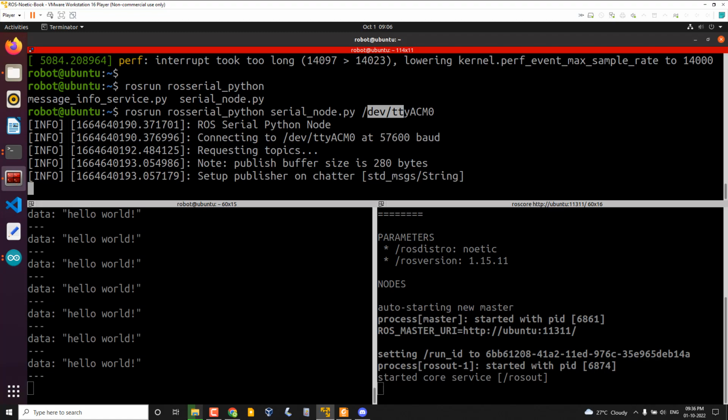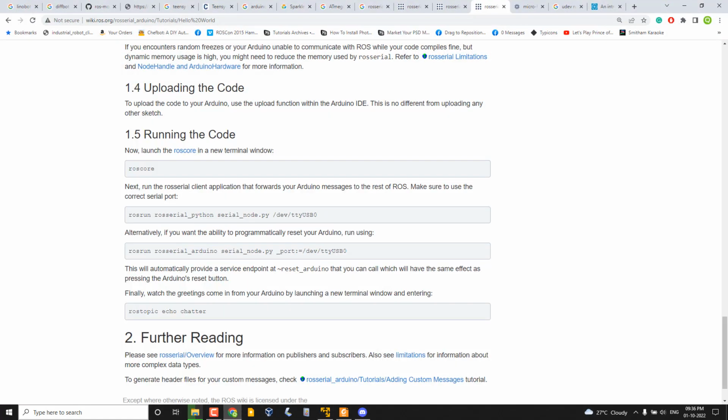There are two methods: you can either mention the port like this, or you can directly give the serial port name as this. This is how we can specifically mention